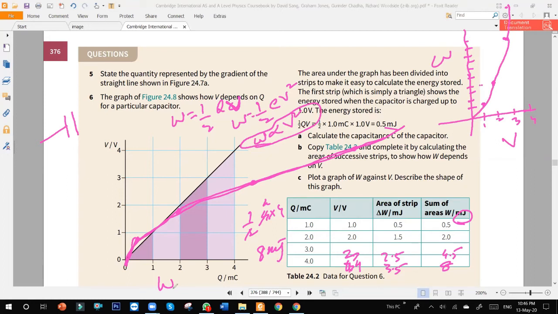But in this case, I take W over here, and that is also rising exponentially like this, along with voltage. If you rotate this laptop 90 degrees, then your curve will be the same as this. So there is an exponential rise. Got it? Okay. Yes, sir. Okay. Next question.